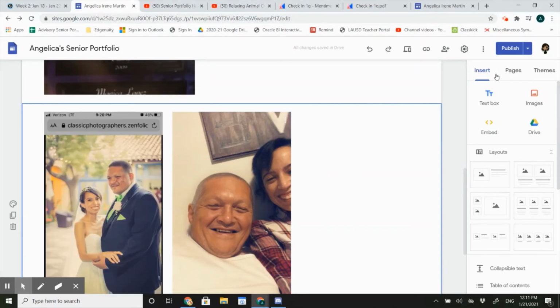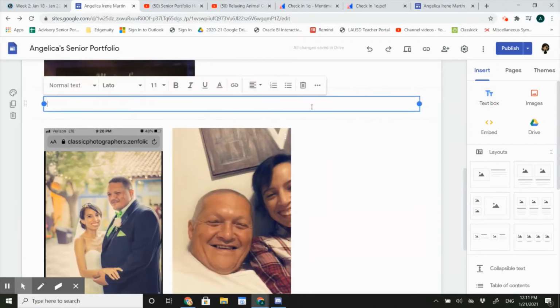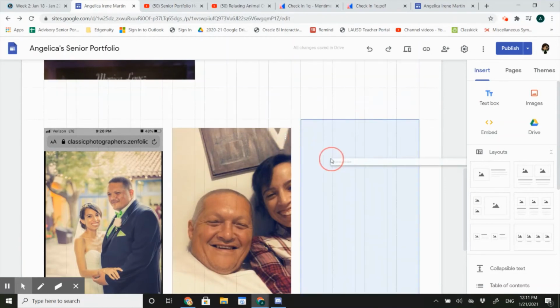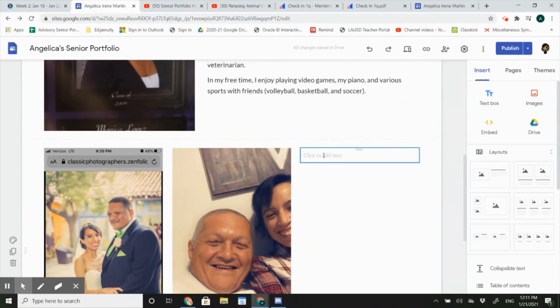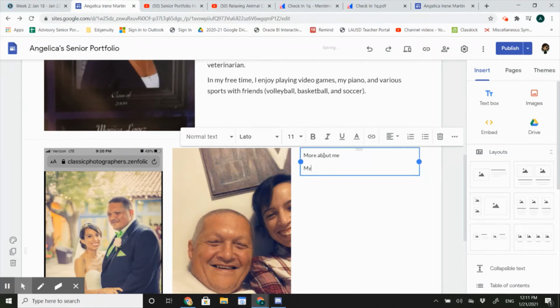Also in our Insert tab, we have the option to insert text box. Again, I can drag that and shape it and put it in a nice layout, and I can add more text about myself, or maybe I can add text about my contact info. Again, be careful giving out contact info